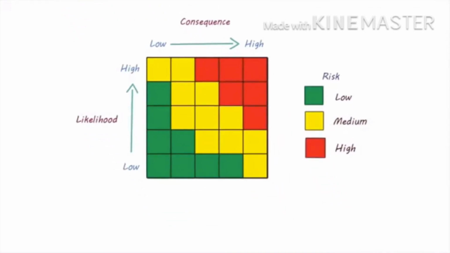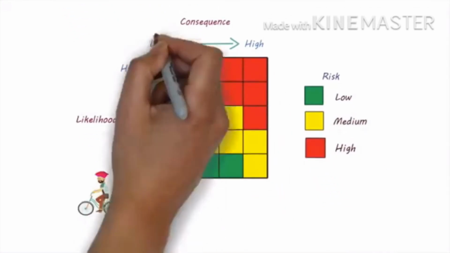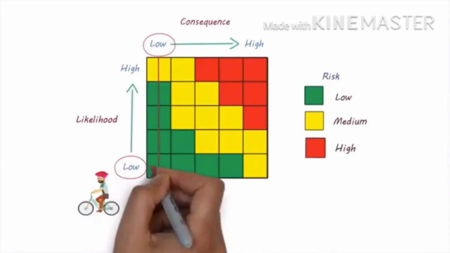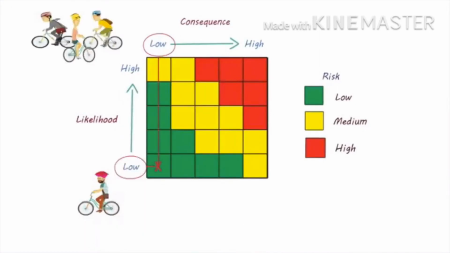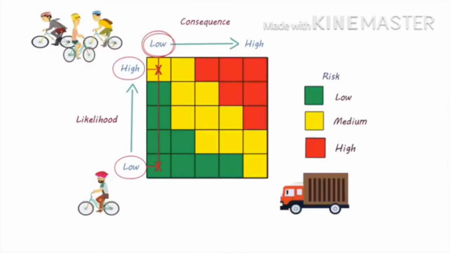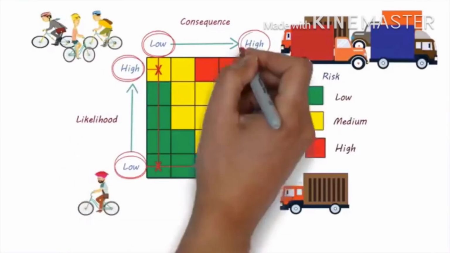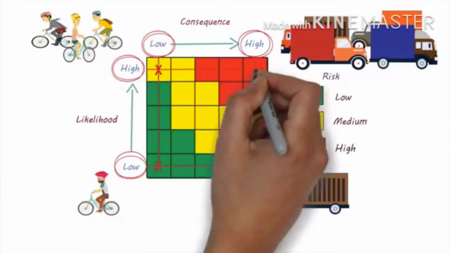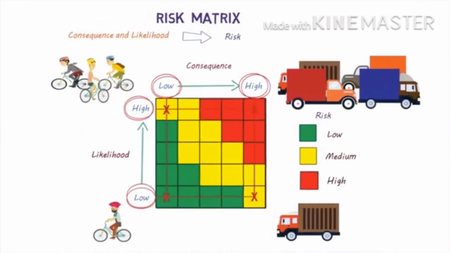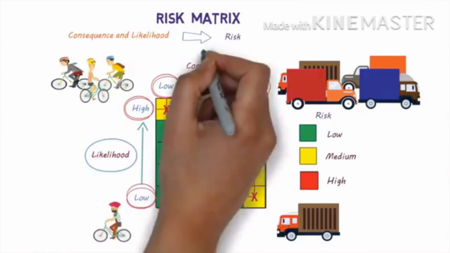In the scenario in which bikes travel very infrequently, the likelihood is low and the consequence is low. Therefore, the overall risk is low. When there are more bikes, the likelihood is high, but the consequence is still low, and therefore the overall risk is medium. Let's consider the truck now. In the scenario where trucks are infrequent, the likelihood of a crash is low, but the consequence is high. The overall risk is medium. And if it's a busy truck route, the likelihood and consequence are both high, and therefore the overall risk is high. So that's how a risk matrix can be used to determine the overall level of risk using an assessment of likelihood and